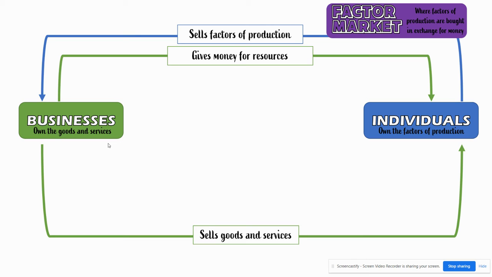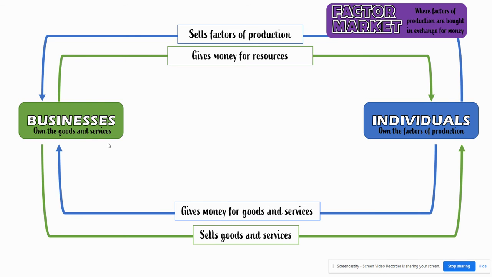There's things that we need. We need food, right? We need water, shelter, clothing. We want luxury goods. We want to do some cool things, have some cool toys. So we want those products. But we can't just go to the store and take it. Right now, technically, I guess you could, but there's consequences to that decision, right? So, in exchange for those products that we want, we offer up the money that we made in the factor